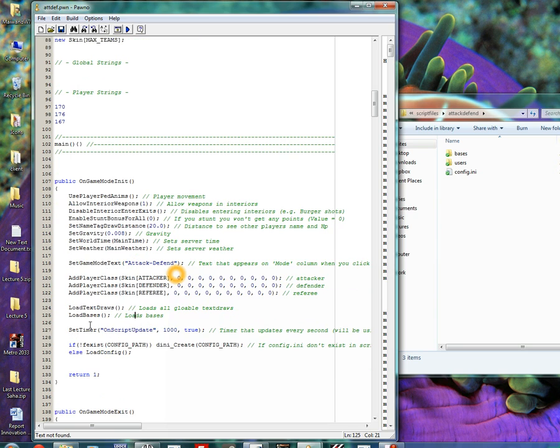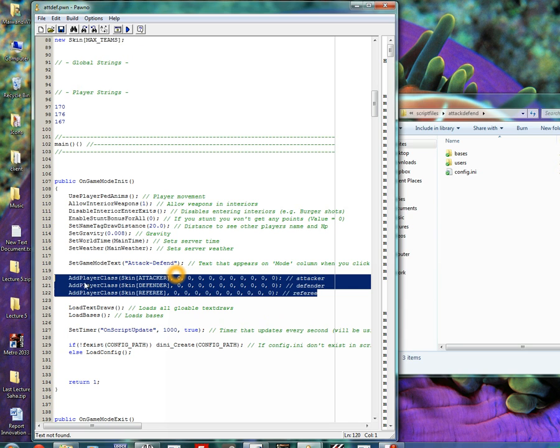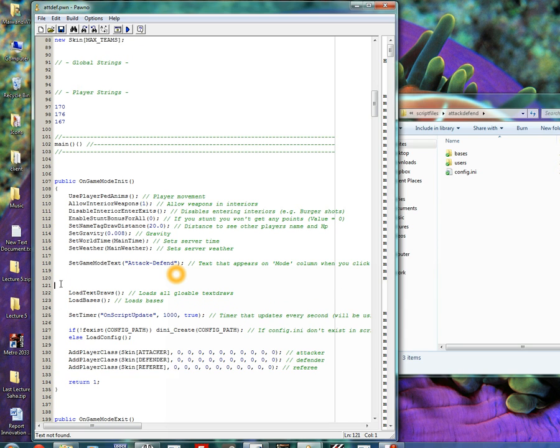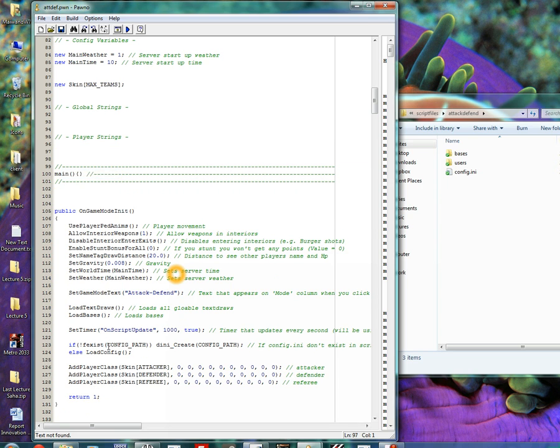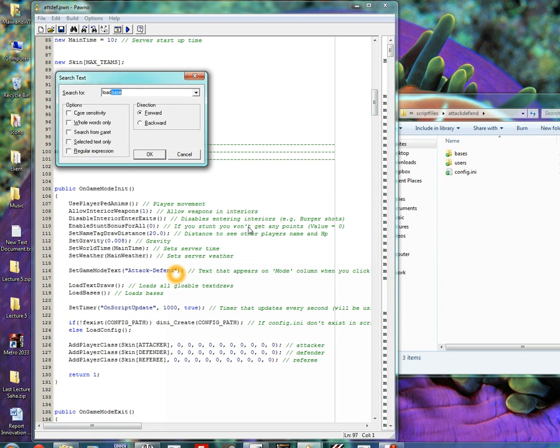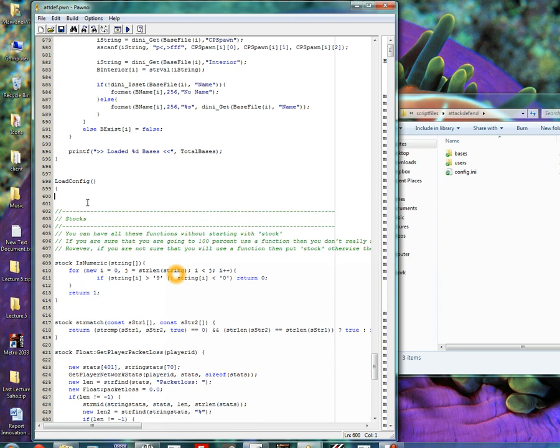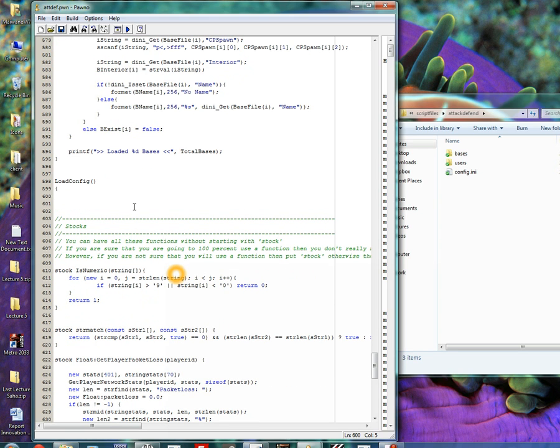Okay, now we are loading our configs down here, so I'm gonna put this here because otherwise the values won't be known. So first we need to load the skins. We need to give all of this a value, and once we give all of this a value, then we can add player class with that skin. So I'm gonna copy this, go to your load configs. Okay, in the load config,